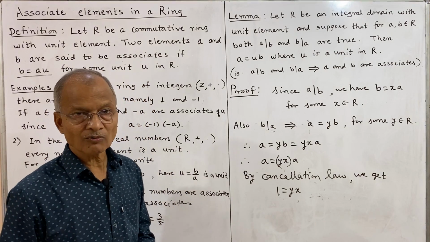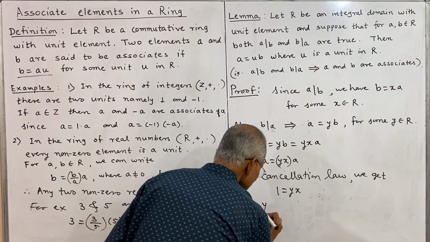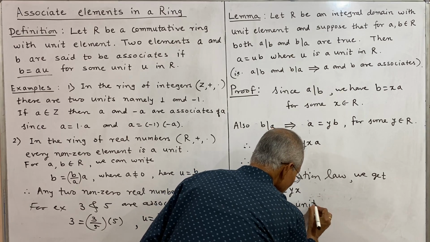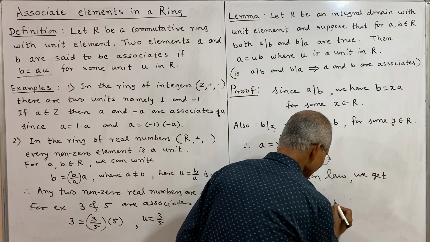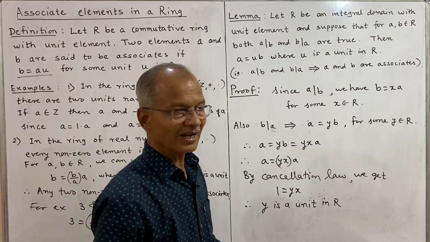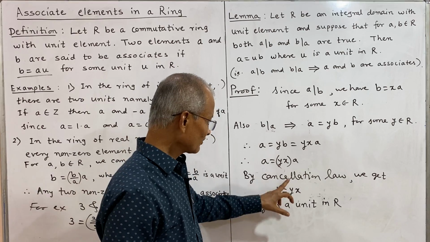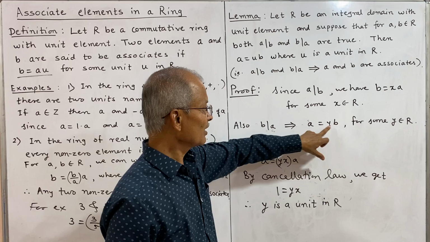If ab is equal to 1, then a and b are units. Therefore, y is a unit in R. x is also a unit, and both are units. x and y both are units, but we need y, and therefore we have a is equal to yb,